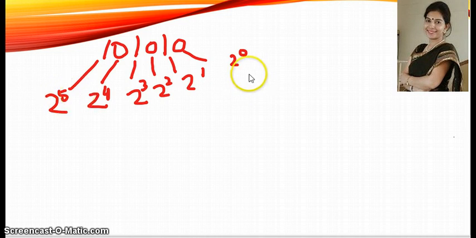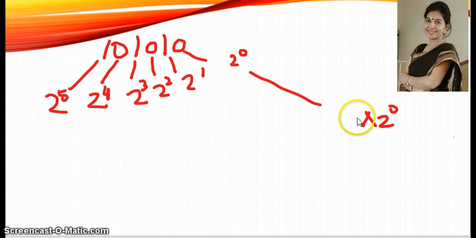Now the next step is to multiply the place value with the respective digits. So it will be 2 raised to the power 0 multiplied with 0